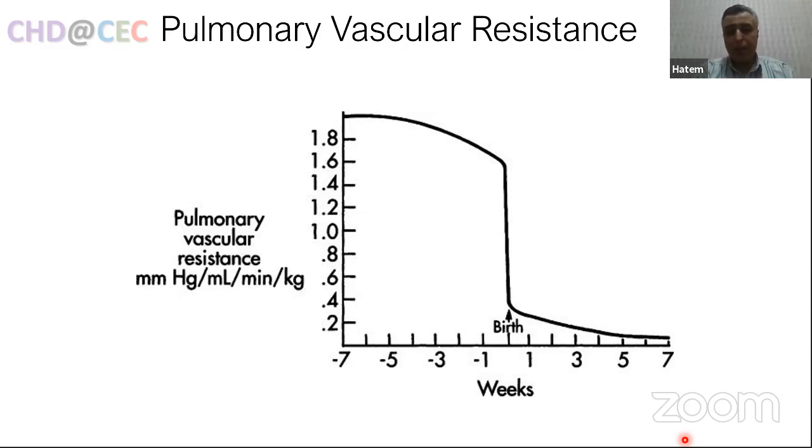At birth, pulmonary vascular resistance acutely drops, but it still does not reach the adult level. It continues to drop further for about 6 to 8 weeks after birth. And this actually has implications during left to right shunts. So moving on to shunts. If a patient has a communication between the aorta and the pulmonary